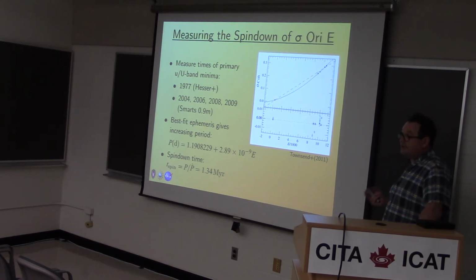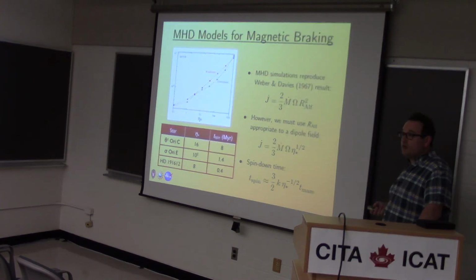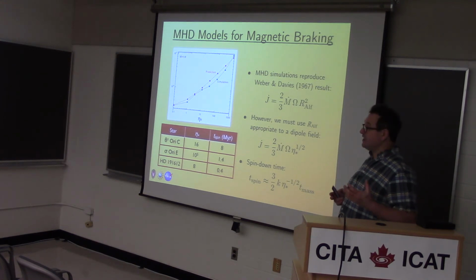It tells us that the star's rotation period is growing with time, with a characteristic spin down time. This is the e-folding time, or e-growing time, of the rotation period, and it is around 1.3 million years. So this was the first ever direct detection of magnetic braking. The reason we're pretty sure it's magnetic braking is that we've done MHD simulations of the rate at which we expect the braking to take place. The magnetic braking occurs simply because as the wind flows outwards from the star, the magnetic field it's interacting with acts as a lever arm, making the star very efficient at losing angular momentum.